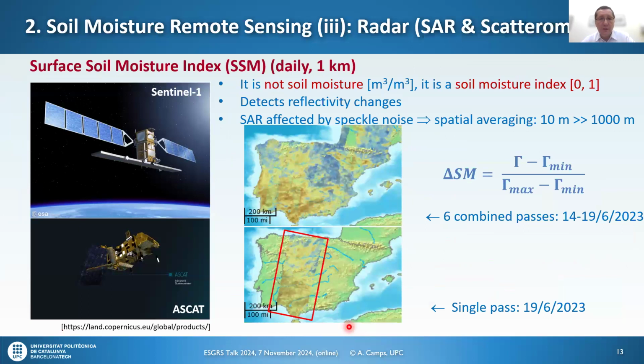We have also seen ways to, again, it's not really the soil moisture, but I want to emphasize it's a soil moisture index, but also on the top of the surface. This number as an index goes from 0 to 1, so sometimes it's even more misleading than the previous one,